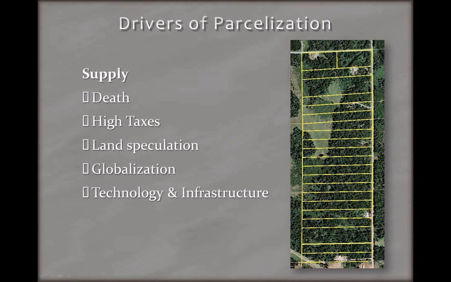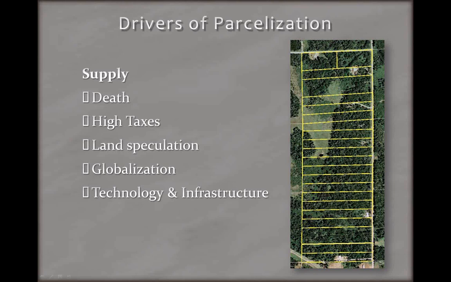What happened is developers took advantage of that a lot of times with fraud or pre-platted subdivisions. They were able to take advantage of very weak, lax subdivision and platting ordinances in many rural areas, and they rushed to sell as many lots as they possibly could by exploiting the American dream of people owning a home out in the country. This happened particularly in Florida and the Southwest, similar to what you saw near Albuquerque with that subdivision.